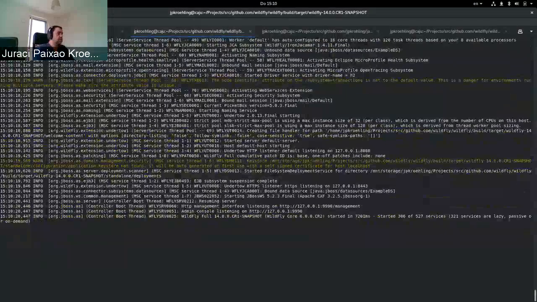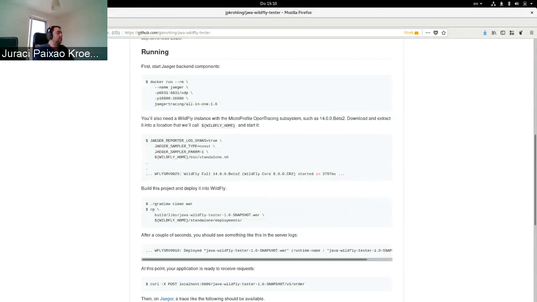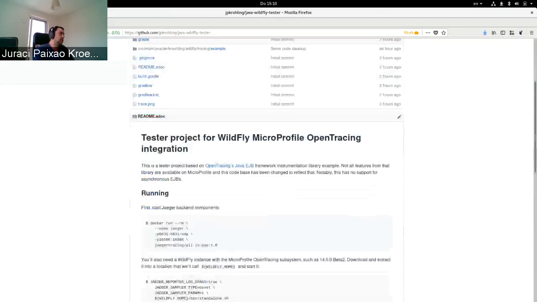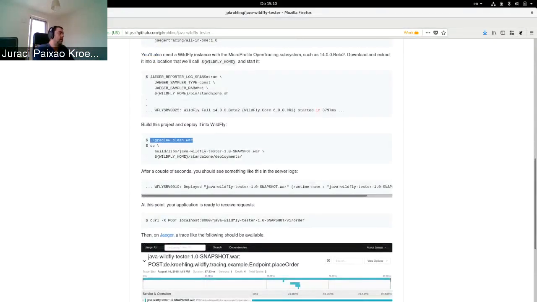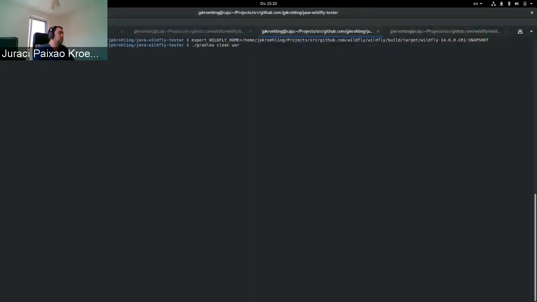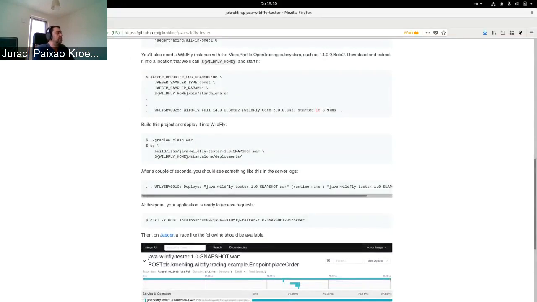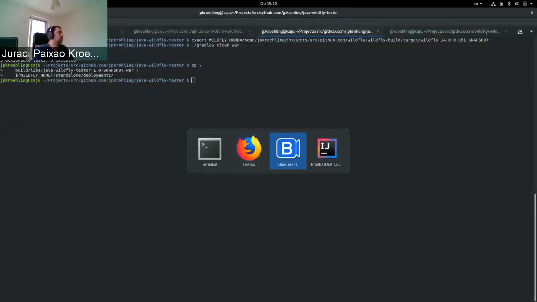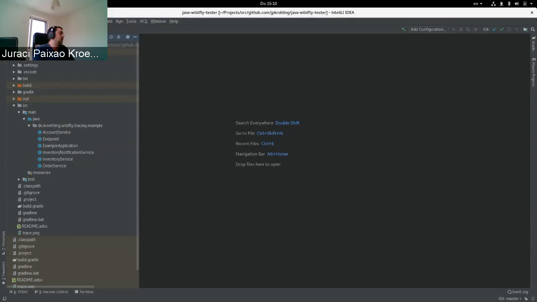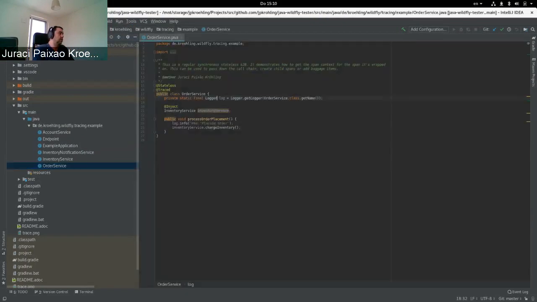So we have a server started, and I have here a sample project, which is the one I'm currently copying and pasting the commands for. I'm building a war, and I copy the war into the WildFly deployment. So this war has no notion of Jaeger. What it does know, though, is about